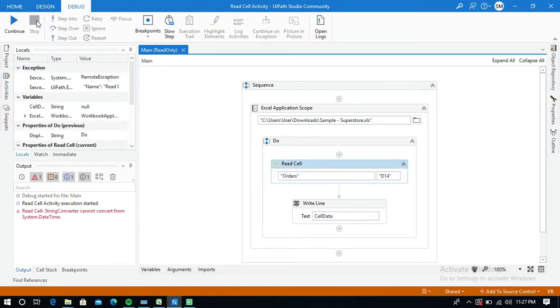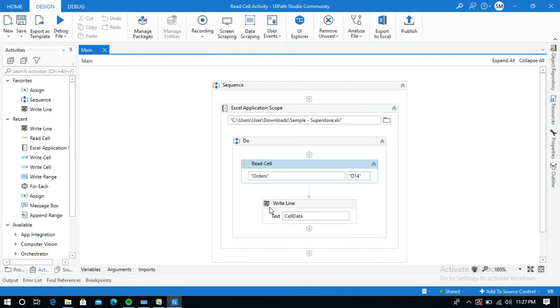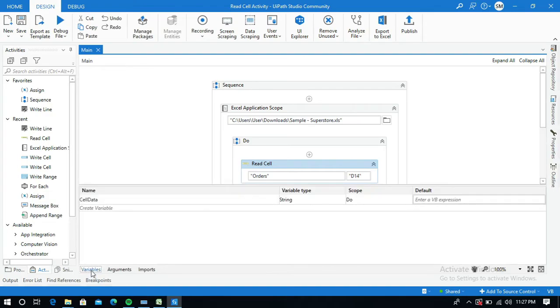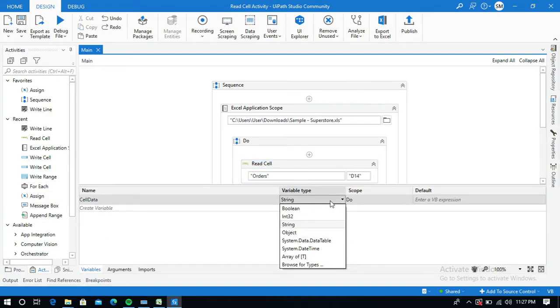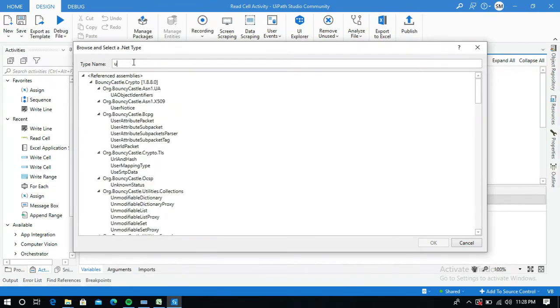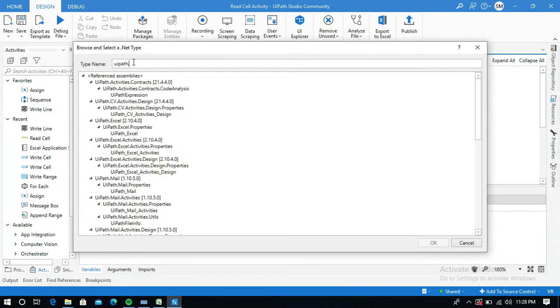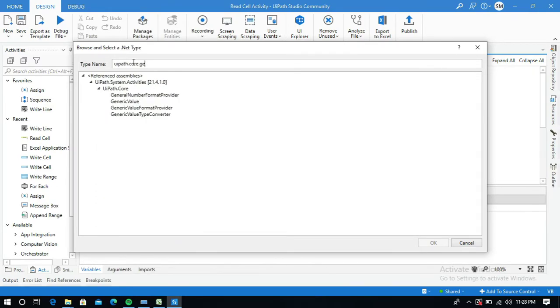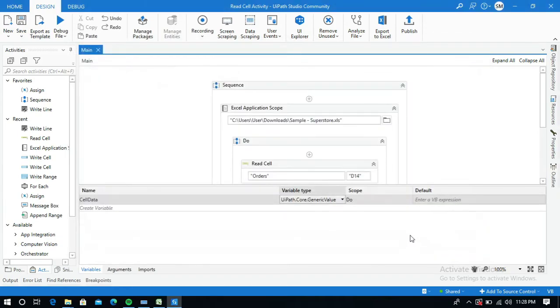So if you don't know what type of data is present in that cell, what you need to do is go to these variables and change its type to generic value. Okay, browse for types and type UiPath.Core.GenericValue. Select this one and click on OK.